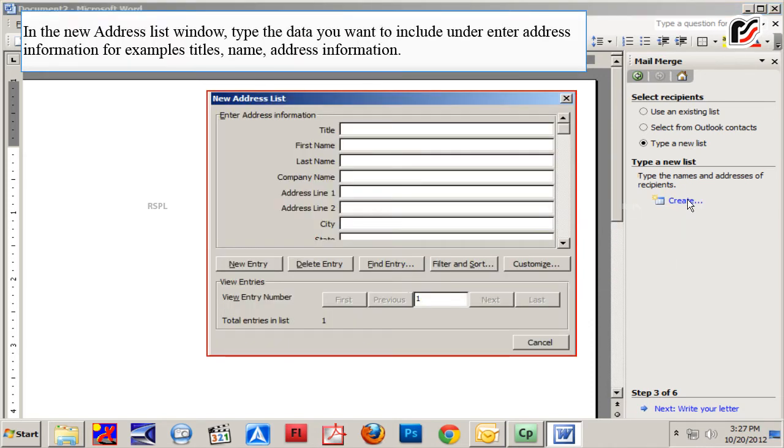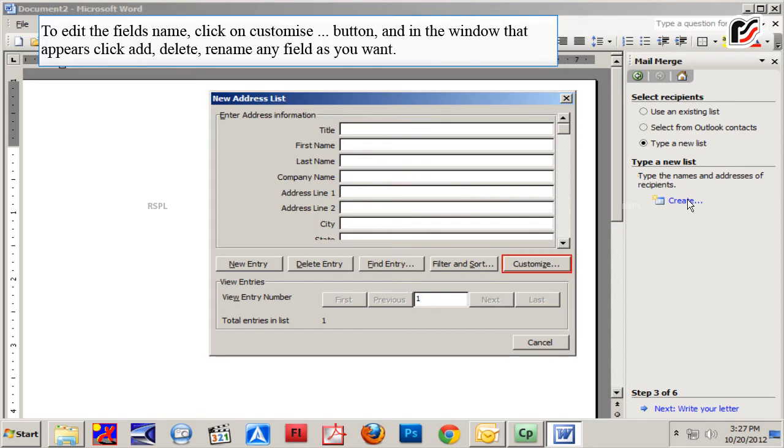In the new address list window, type the data you want to include under Enter Address Information, for example, titles, name, address information. To edit the field's name, click on the Customize button in the window that appears. Click Add, Delete, Rename any field as you want.